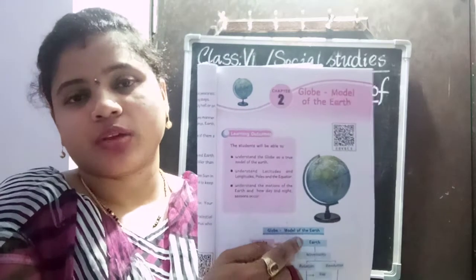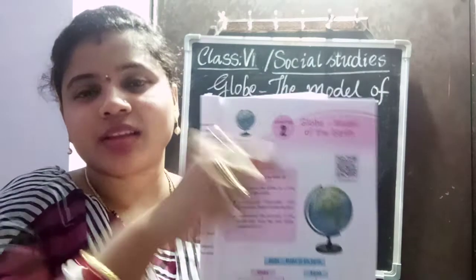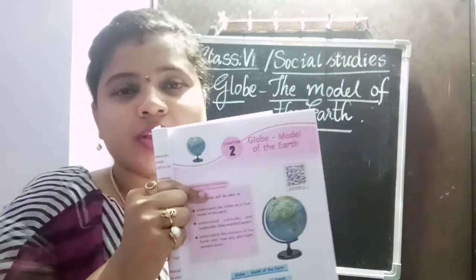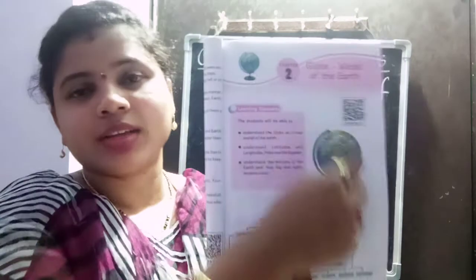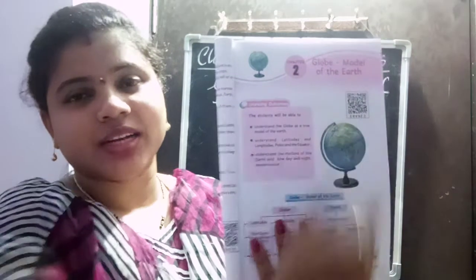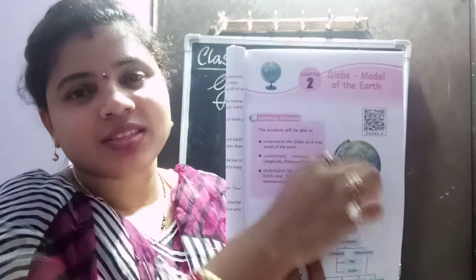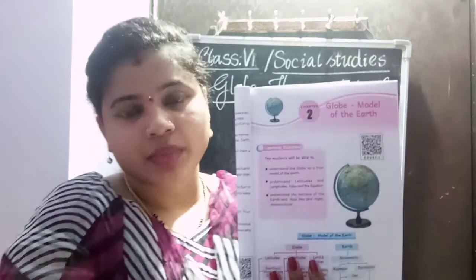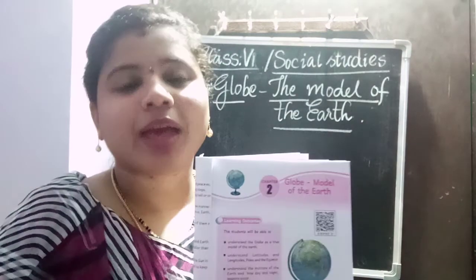The rod which is inserted inside the globe is known as the axis. Now you might think why the globe is not straight, why it is tilted like this. Naturally, by its own way, the earth is like this only. That means the position of the earth is not straight, it's tilted towards its north. So the rod inside the globe is known as the axis, and this axis is an imaginary line.